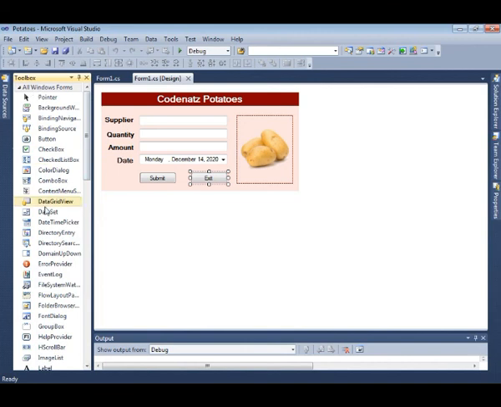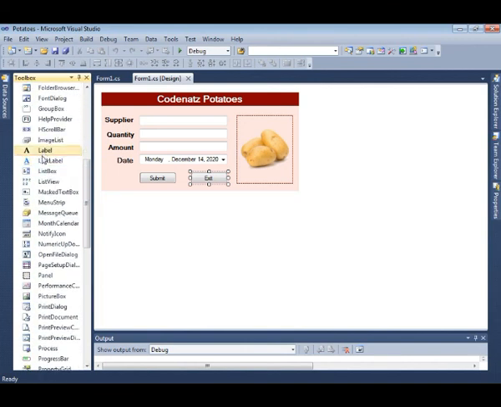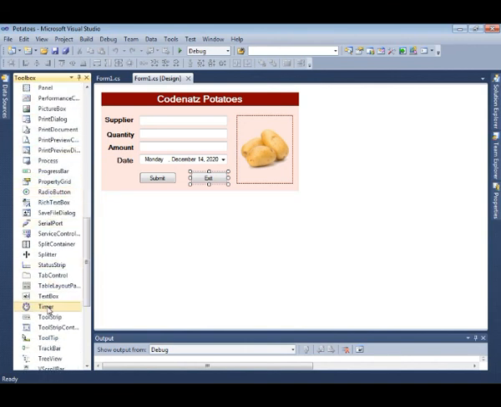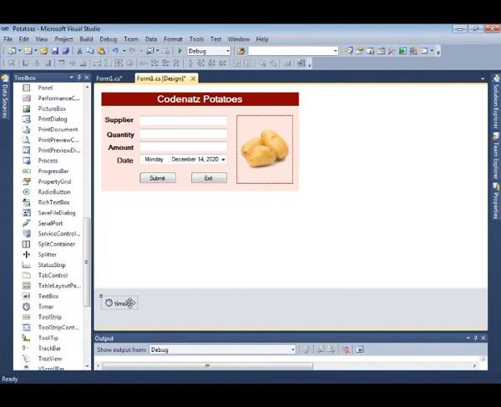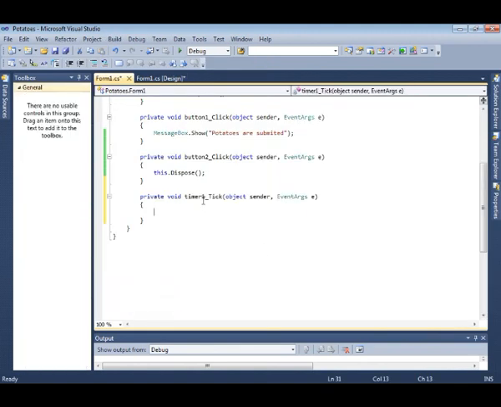A timer is found obviously in our toolbox. Then I'm going to search for what is called a timer. If I click here, then I'm going to put it inside the form. Then if I double click it, in timer tick, then I'm going to say this.dispose. Which means in whatever time I'm going to assign to this